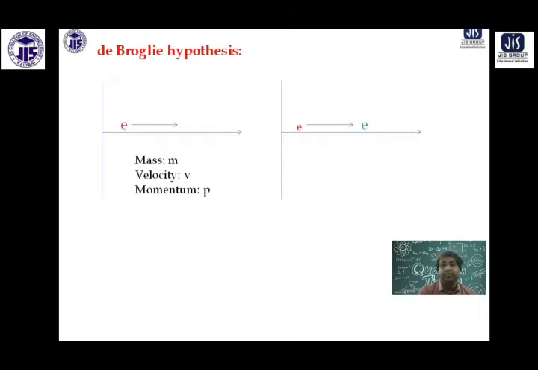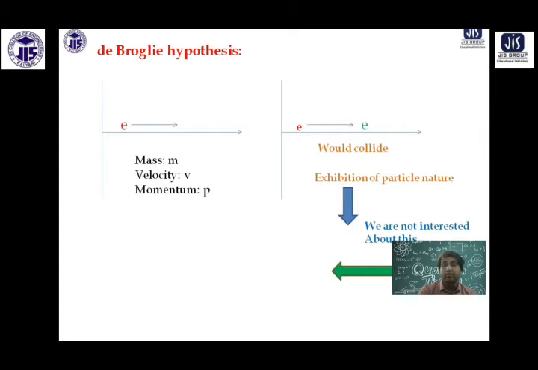So if I present it in a diagram, suppose an electron is moving with some mass m, some velocity v, some momentum p. If I am describing the electron like this, the electron is a matter, because these are all material properties. It will collide with another electron. This is an accepted issue. In our class we do not focus on that issue, because how two matters collide, we know from Newtonian mechanics. What is the focus of this class is that green arrow. We focus on the electron.